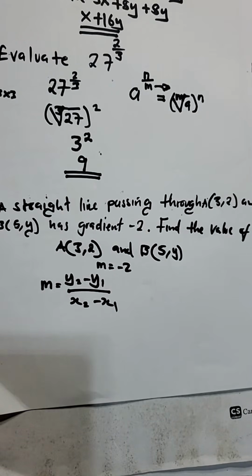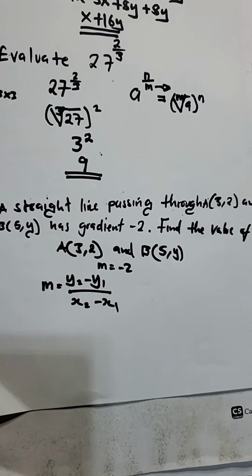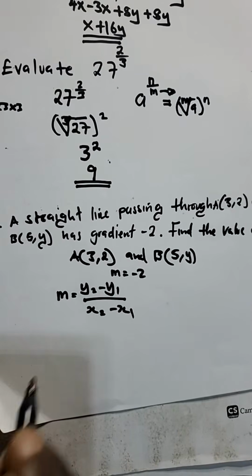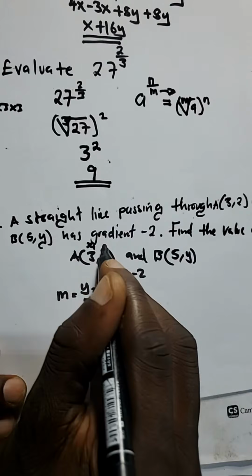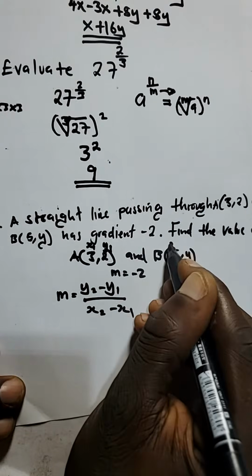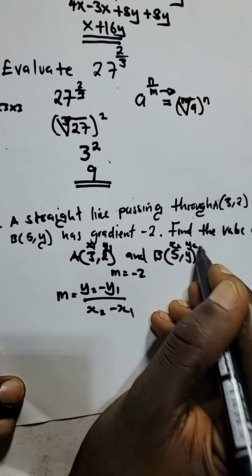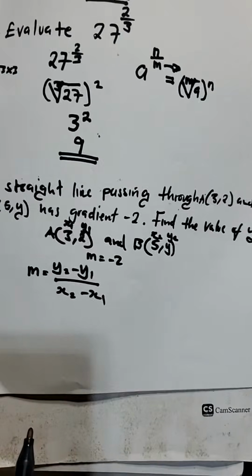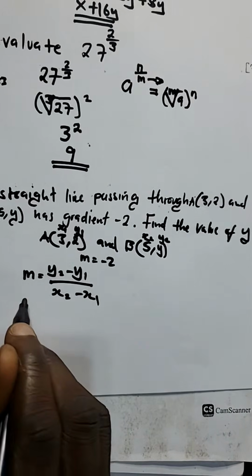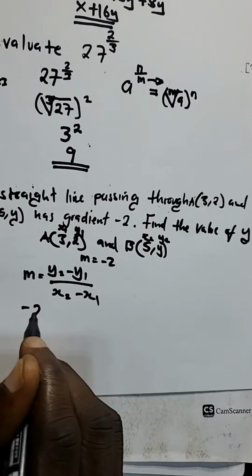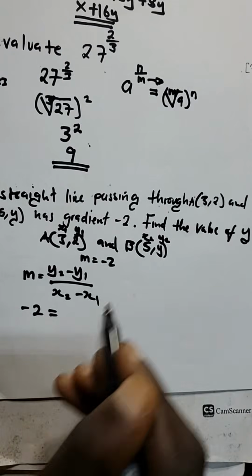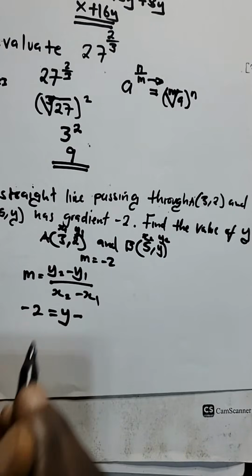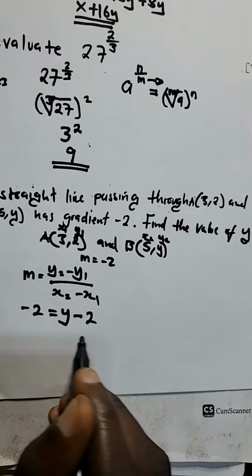Okay, so to help you solve this question nicely, you can just label here. So this is x1, this is y1, this is x2, this is y2. Okay, let's now substitute. When you substitute here, the gradient m, we're going to substitute with -2, which is equal to y2, the y here, minus y1, which is 2, over